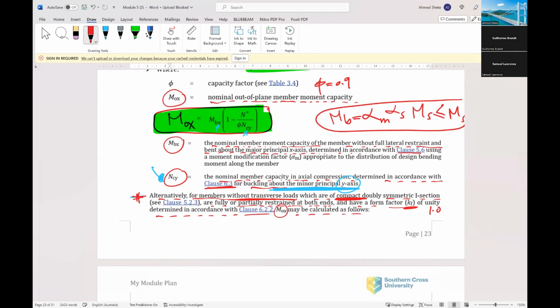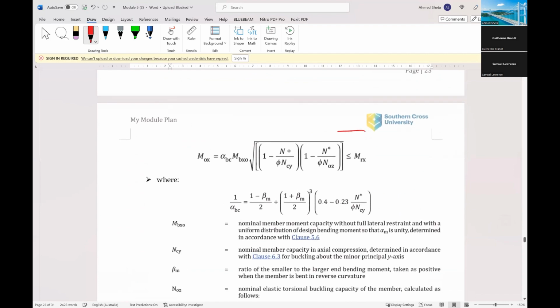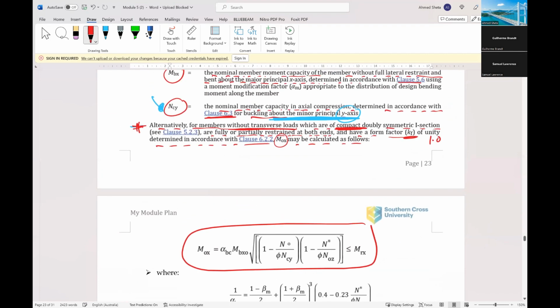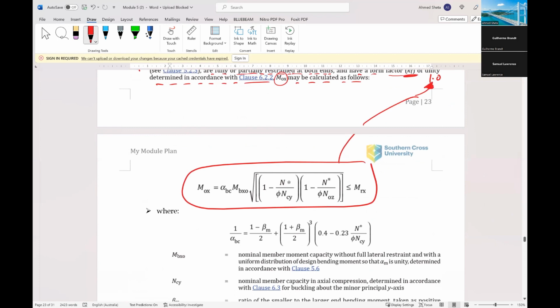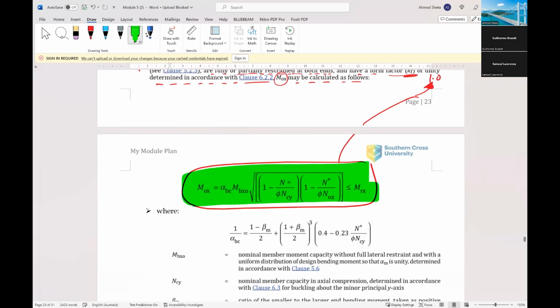MOX may be calculated as follows. So MOX can be, in this case, if it satisfies all the previous cases, MOX equals alpha BC MBXO (1 minus N star over phi NCY) times (1 minus N star over phi NOZ), less than or equal to MRX,